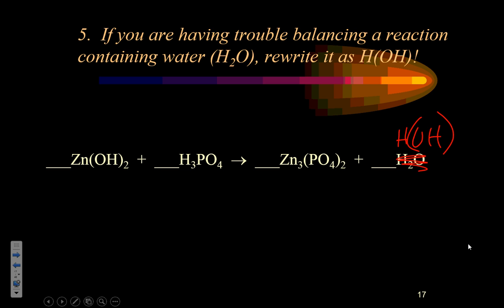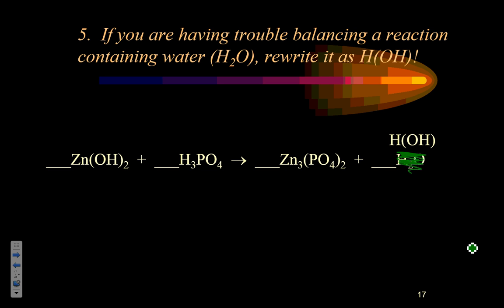Now, why did that make it easier? Because it's still water. Well, it allows us to see OH and balance OH and chunk OH with a hydroxide, or OH, that's on the other side. So remember, we're getting rid of this and we're writing it like that. And what that allows us to do is to see fundamentally,